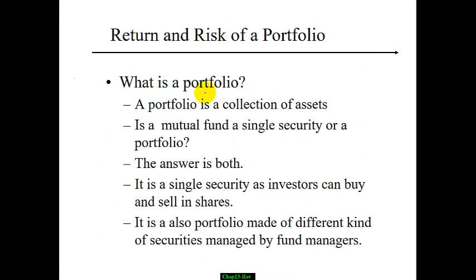Now, we're going to talk about portfolio allocation and the performance of a portfolio. A lot of the time, we are not happy to put our money into one stock or one bond or even one mutual fund. We like to spread across different types of assets. We want to buy different stocks or bonds or even real estate. So a portfolio is basically a collection of different types of assets.